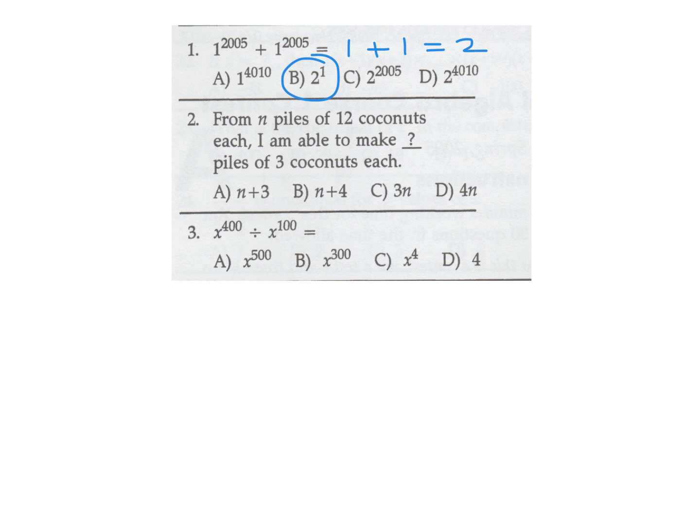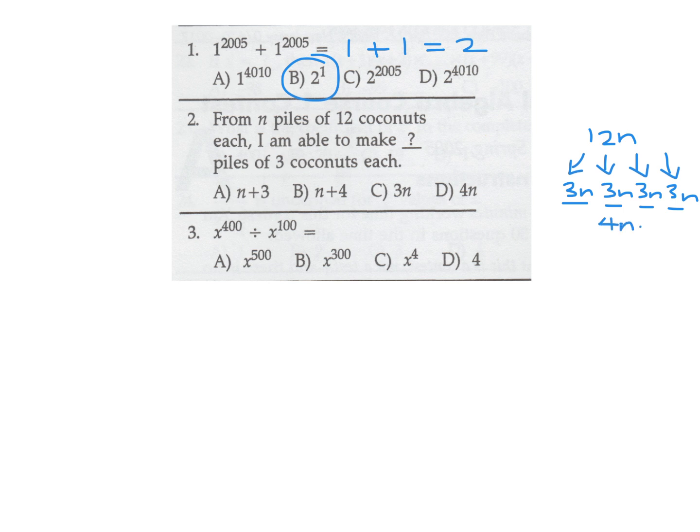From n piles of 12 coconuts each, I am able to make how many piles of 3 coconuts? So you have a pile of 12, and that can be divided into 3, 3, 3, 3. So that looks like 1, 2, 3, 4 piles. And therefore we started with n of these. So 12n would be 3n, 3n, 3n, 3n. So it looks to me like it'll be 4n